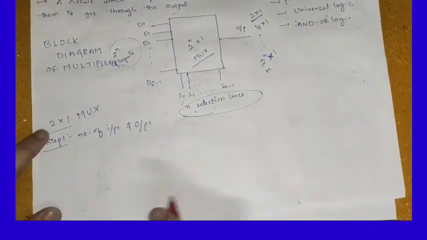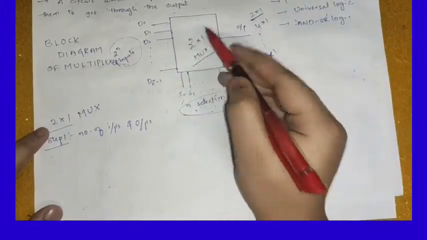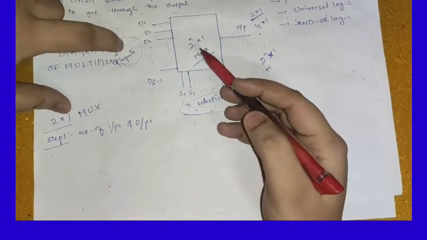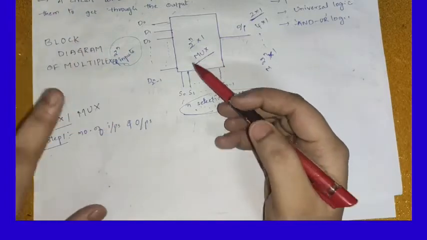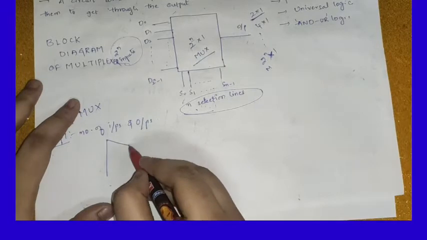If you draw the block diagram, it is a 2 by 1 multiplexer, right? So n is equal to 1, that is 2 by 1. That means there will be 2 power n, that is 2 power 1, which is equal to 2. That means 2 inputs are there and n equal to 1 selection line is there. If you draw the block diagram,